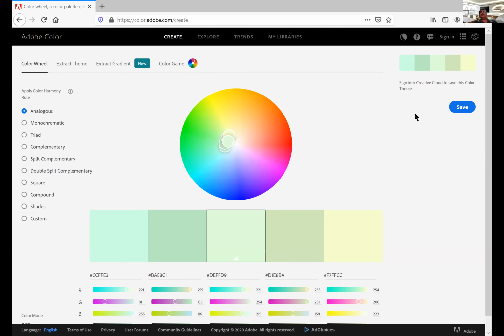So this is one of the samples from the same site, the Albert Bastet, one of the sunset sites. And I wanted to show you how analogous color harmony works using the Adobe Color CC website, color.adobe.com. When you import it, it will pick up 5 points from the picture, and then it will show you in a graph. So these are all the colors which he has used. You can note all the colors are together in the color wheel. That is a perfect example of analogous color harmony.